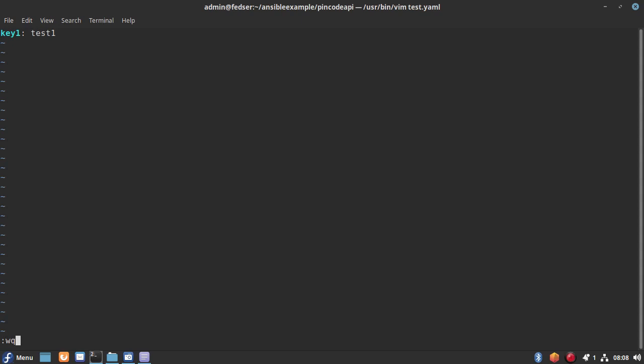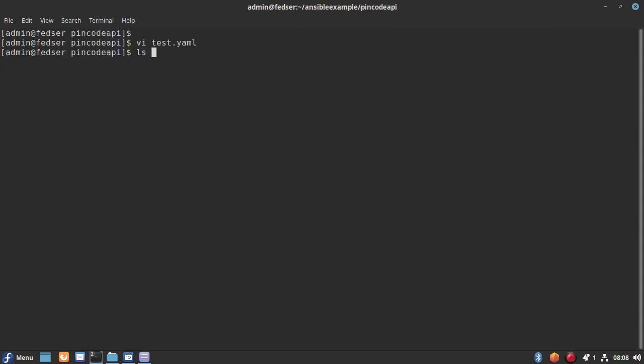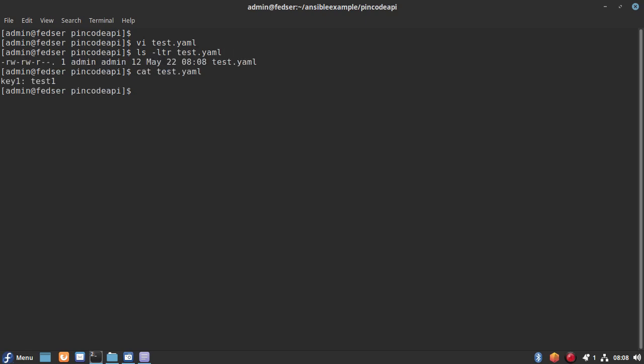Let me save this file. Now we have a file which has our key value pair which we want to encrypt using the Ansible Vault. So let me use the Ansible Vault tool to encrypt this key value pair data file.